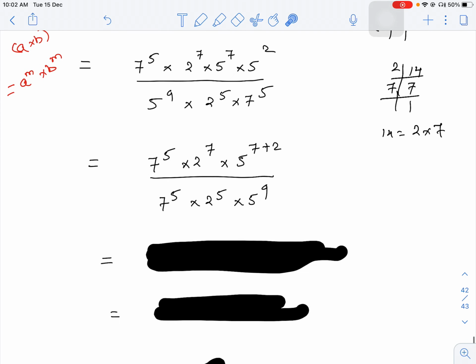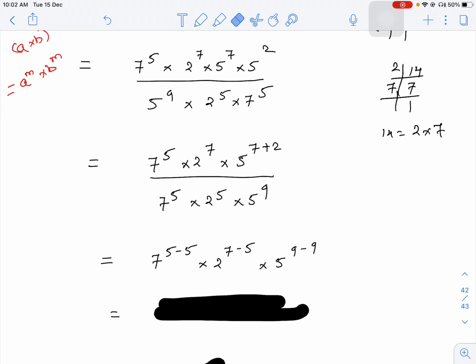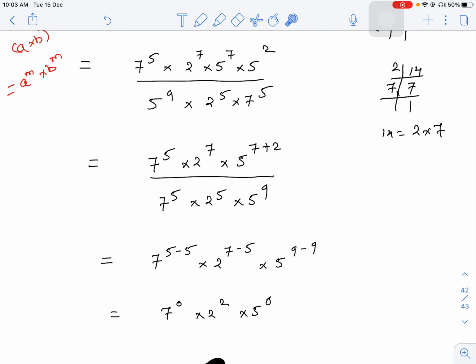Now in the next step we get, 7 plus 2, that will be 9. Now these two numbers are having the same base and are dividing, so what we will do is subtraction of powers. So we have written 7 raised to 5 minus 5. Again these two numbers with the same base are dividing, so we will subtract the powers. So 7 minus 5 into, now this 5 raised to 7 plus 2 means 9, minus this 9. Okay, so now in the next step we get